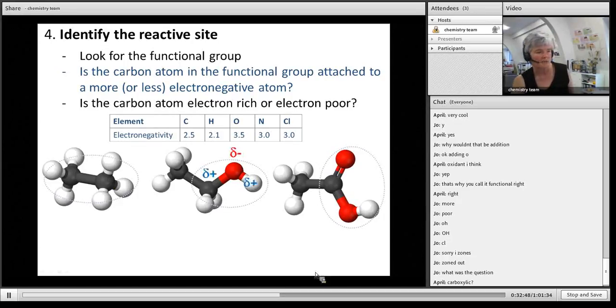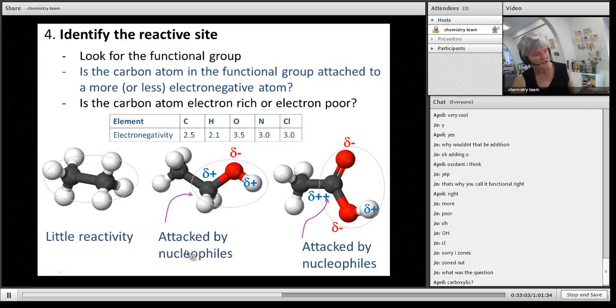So that's what I've tried to show here. It's slightly negative there. So this carbon is going to be much more positive than that carbon, and that one's hardly positive. And so what I'm trying to say here is this word